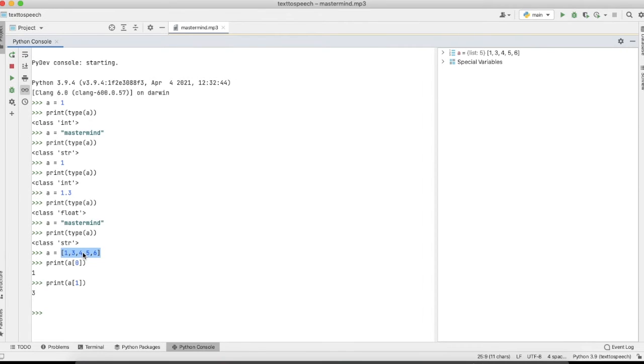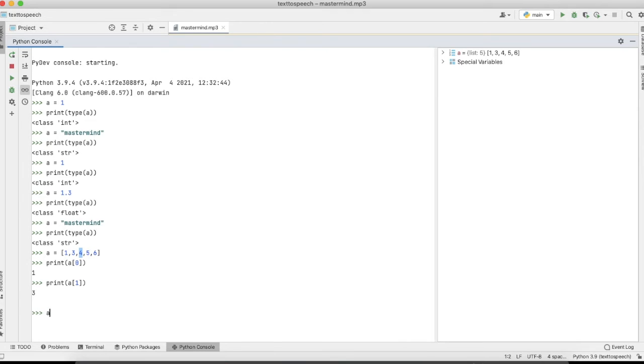Suppose if we want to print 4, then according to the index number we can fetch that value. Yeah. So the next word was mutable. What is mutable? In a list, suppose we have a particular list that is A, we can change the value of that list.